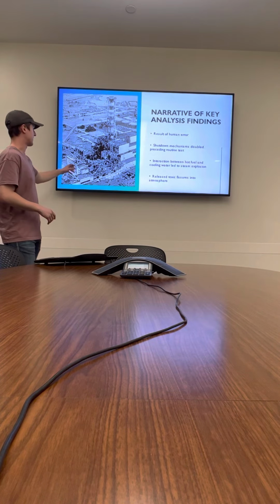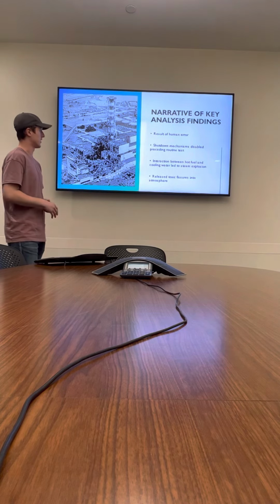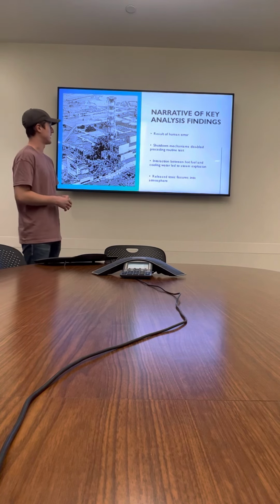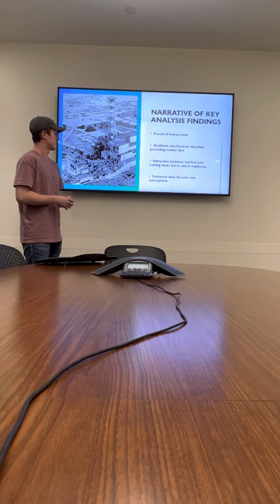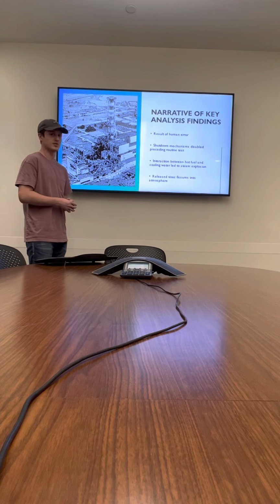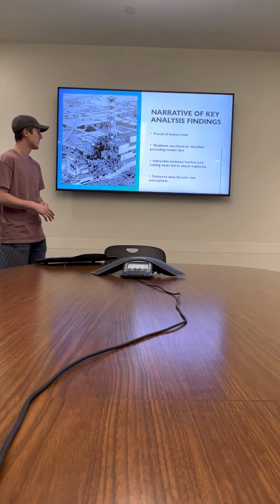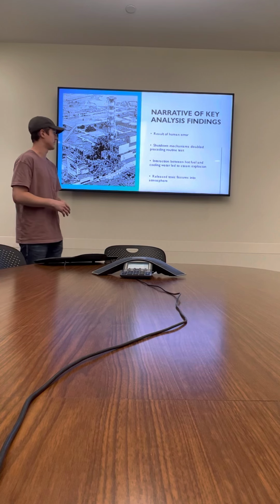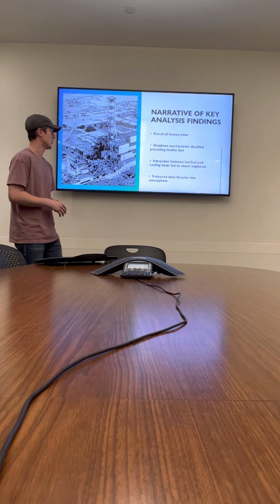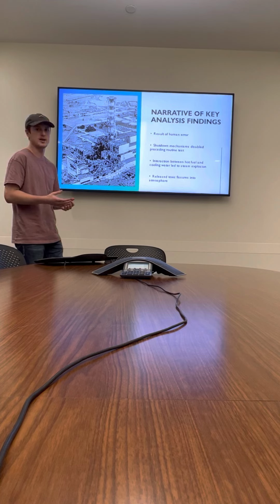So this is the aftermath of the explosion that happened, and this goes right in line with the narrative of key analysis and findings. So it might be a surprise to some people, but this whole explosion was actually the result of human error. There were shutdown mechanisms that were disabled by some of the crew preceding a routine test. Obviously those crew members weren't alerted of that routine test, so they started shutting stuff down whenever they didn't need